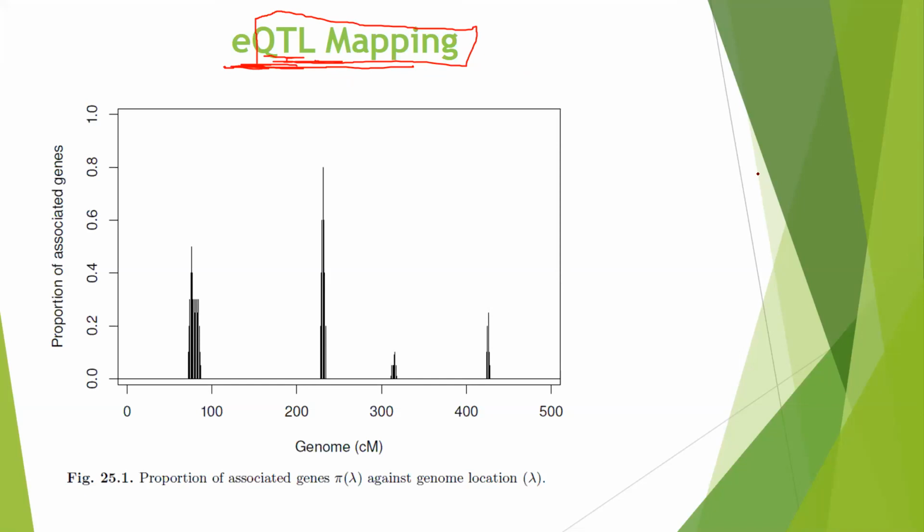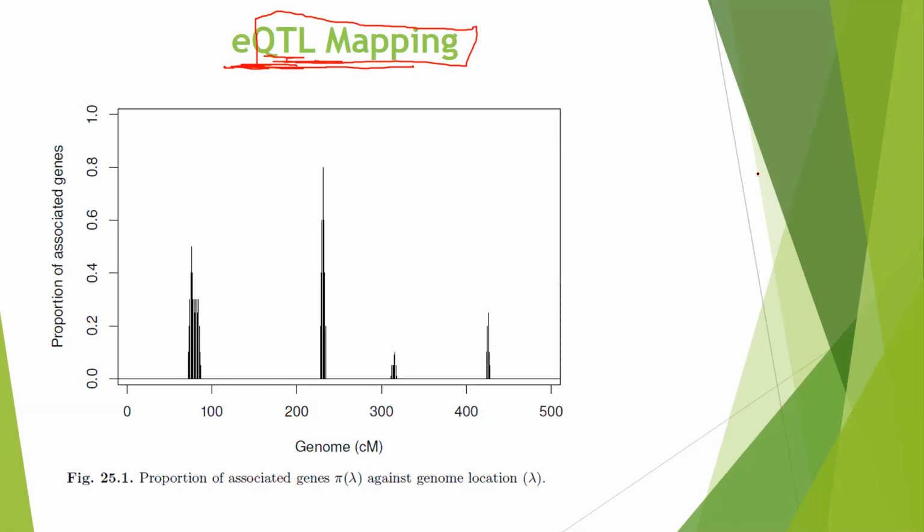So as you can imagine, for most of the genes, if there's a variation, it is more likely to be located in cis. So in cis, the mutation in a gene, or something that happens in that gene, will change the abundance of that gene itself. So that's the cis mapping.